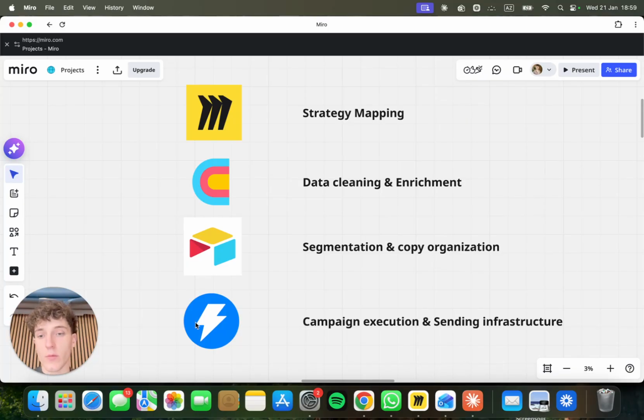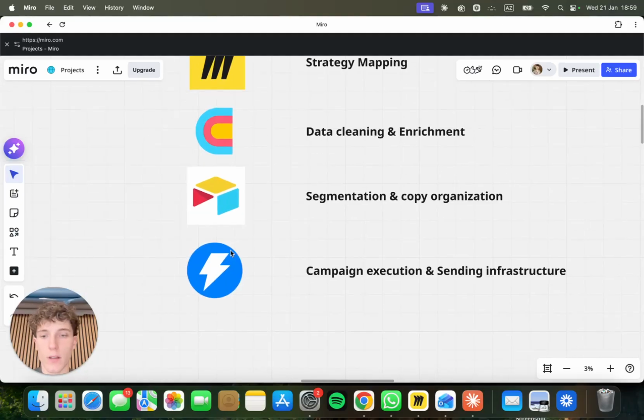Because of all the variables, we could not make all of the different campaigns in Instantly, so we segmented everything with Airtable and also attached the right email copy to the right contact. And then Instantly, of course, campaign execution, as we still use, and then sending infrastructure. It's a really slept-on or underappreciated aspect of lead generation and cold outreach, really, is having a good sending infrastructure, having good domain names set up correctly, DNS and whatnot, and Instantly has a feature,